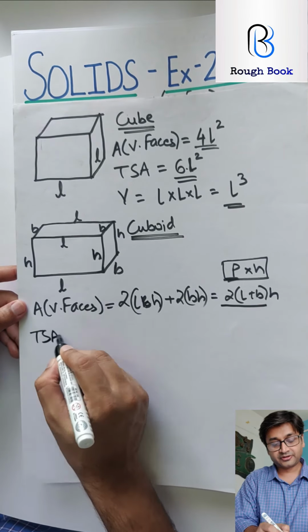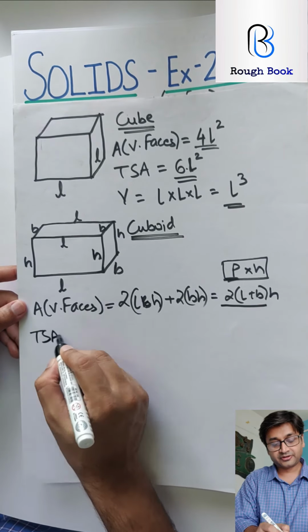So can you recall all the formulae by now? Let's see if you can do that. So area of vertical faces, perfect, 4L square. Total 6L square, volume L cube. Likewise for a cuboid, area of vertical faces, perimeter into height, twice LB, BH, HL, and volume, length, breadth, height. So basically we are going to learn only these 6 formulae which we are going to be using in this entire chapter. So take a screenshot of this, put it on your screen or on your softboard. So whenever you're doing any sums of this exercise, it becomes easy to pick up.